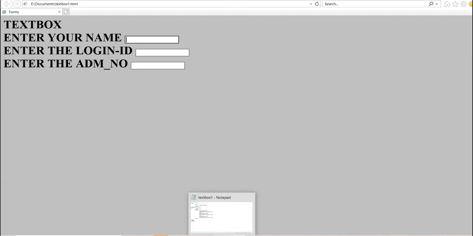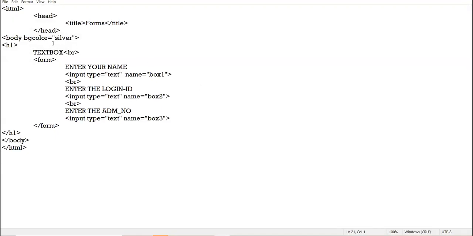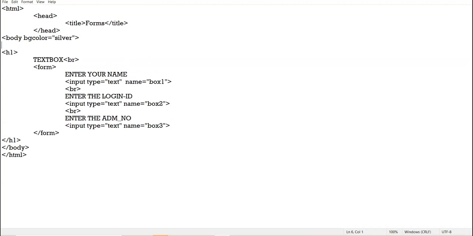How? I tell you. After the body tag, open the table tag without border attribute.